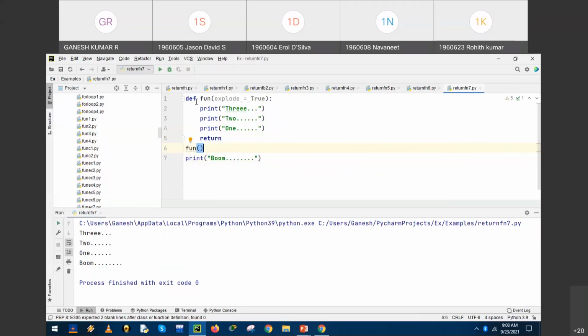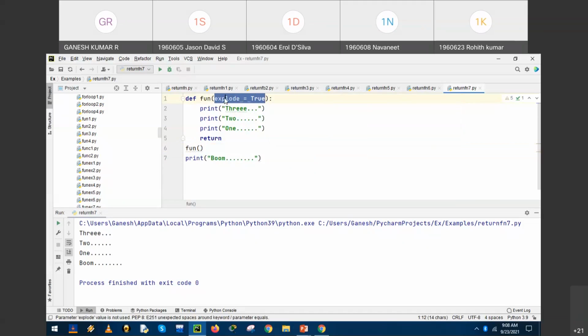The function is defined, then it is invoked. There are no arguments supplied to it, so it assumes the default value explode is equal to True. If no arguments are supplied to the parameter in the function definition, by default it assumes that value.